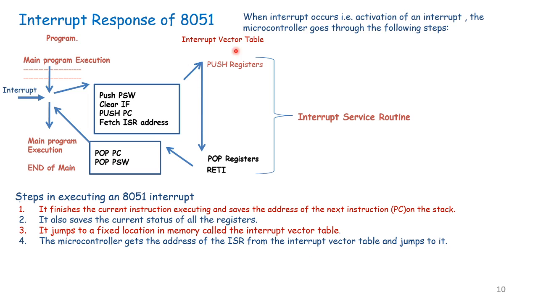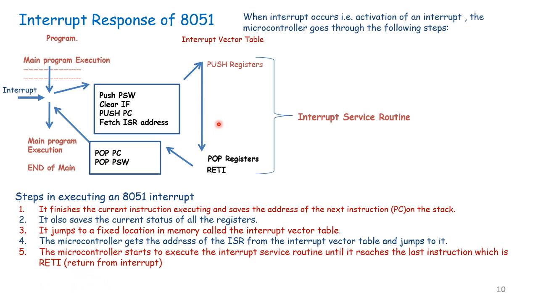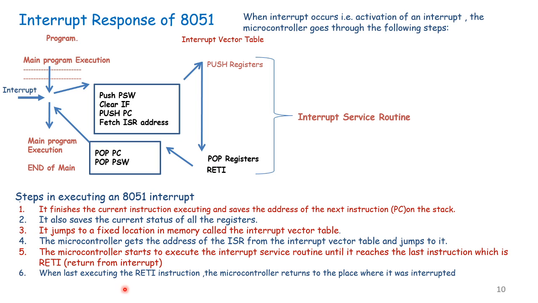So this is the table, and that gives the address of the ISR, the interrupt service routine. The microcontroller starts to execute the interrupt service routine until it reaches the last instruction, which is IRET. So IRET is the last instruction. When it executes IRET, the microcontroller returns to the place where it was interrupted. Again, this is the last instruction and it has to go to main program execution. So the stack